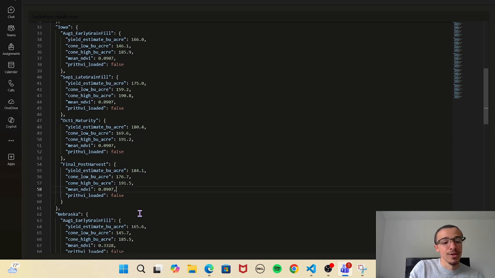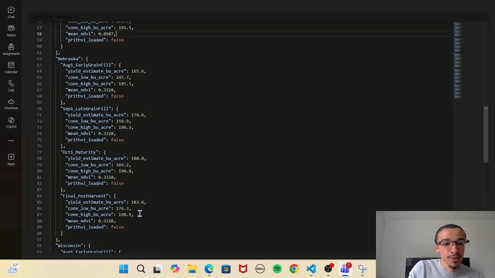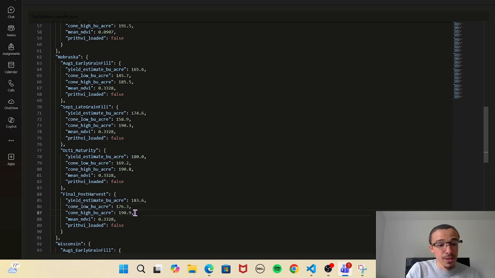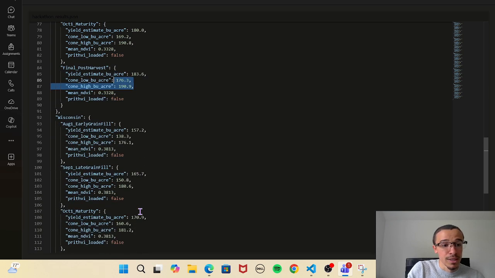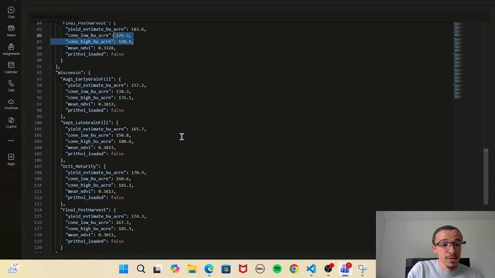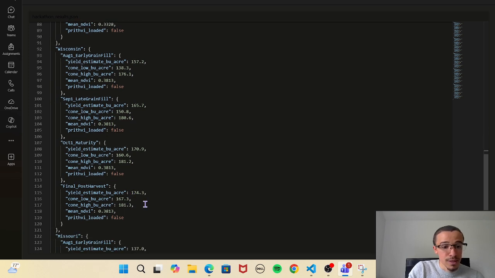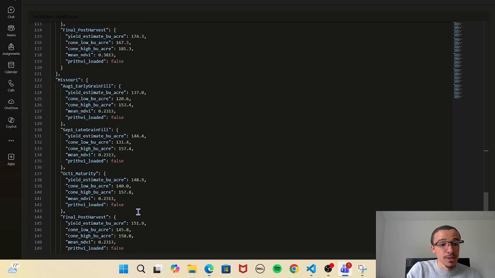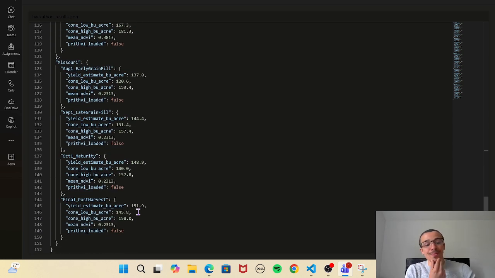And I'm not gonna go state by state, but I'll quickly scroll through if you want to see. 165 to 183, a smaller confidence interval again, about 7 there. Wisconsin, 157 to 174. Again, smaller interval. Missouri, same thing here. And the final thing that I would like to output here is a huge part of